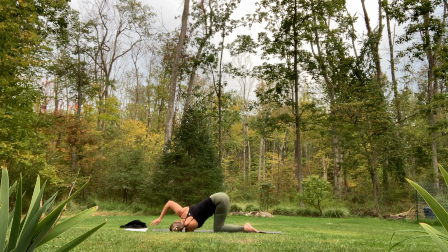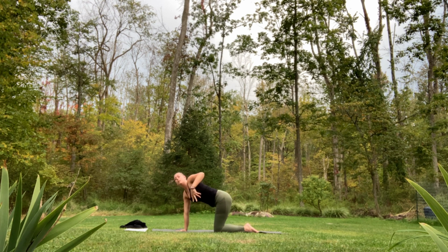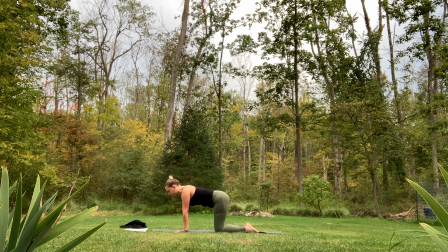Start to bring the right hand back under the right shoulder. And inhale to lift the left arm back to the sky. And exhale, let the left hand come back under the left shoulder. From here, extend the right leg back in space, coming onto the ball of the foot and just giving it